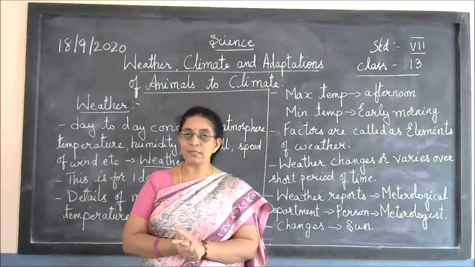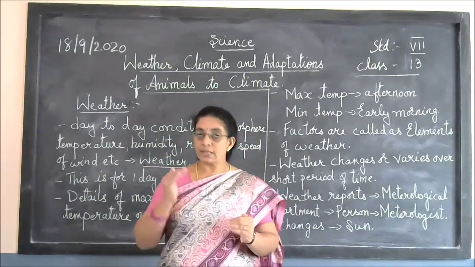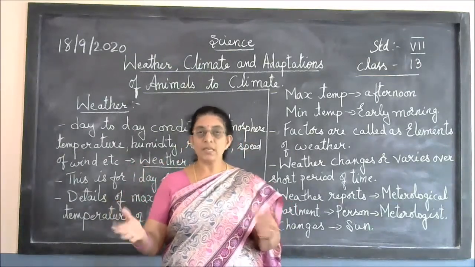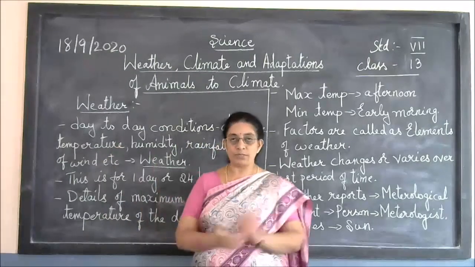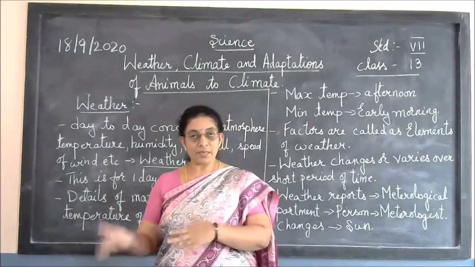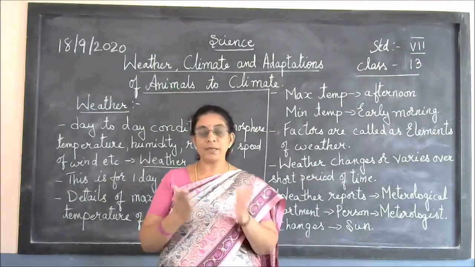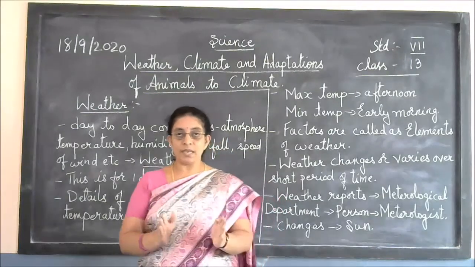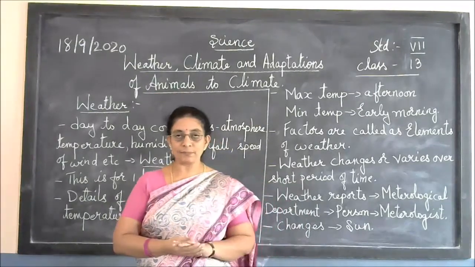Okay, so weather means it is the changes which you see in the day from morning till the evening or till night. What are the changes you are seeing in the outside atmosphere? Sometimes it is sunny, sometimes it is raining. After rain stops, again you can see the sun. So all this is nothing but the weather. So weather means it is for one particular day, that is for one day or for 24 hours.